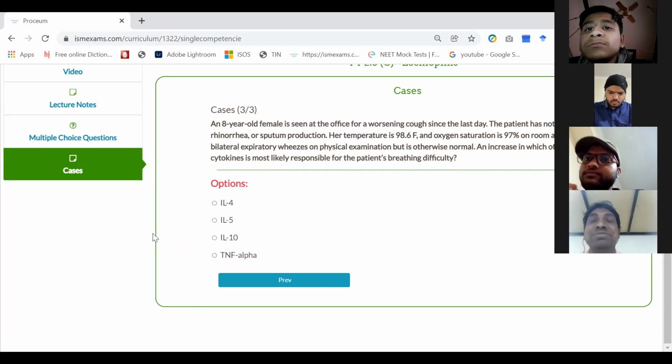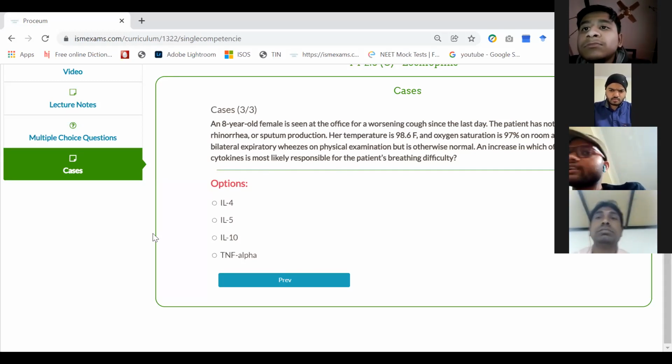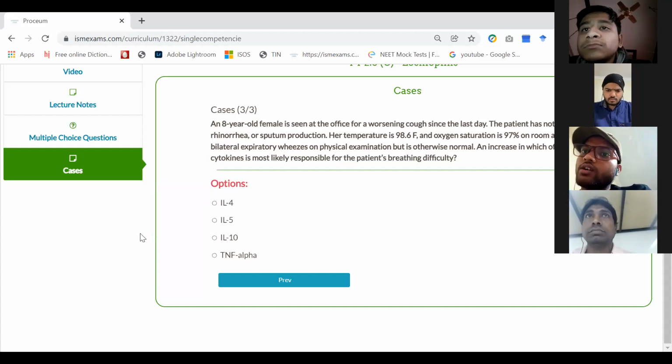An 8-year-old female is at the office for a worsening cough since last day. The patient has not had any fever, rhinorrhea, or